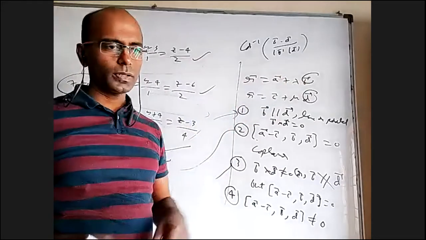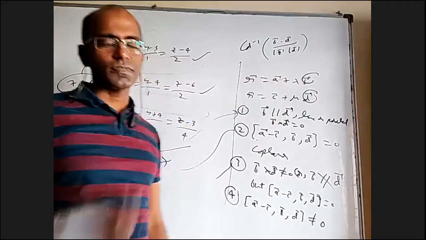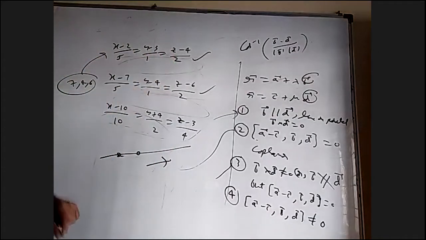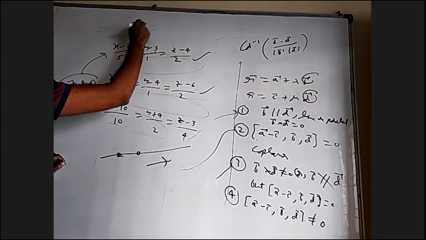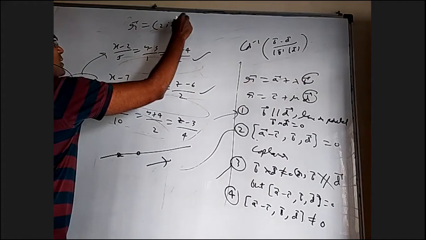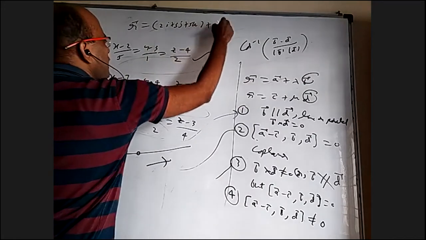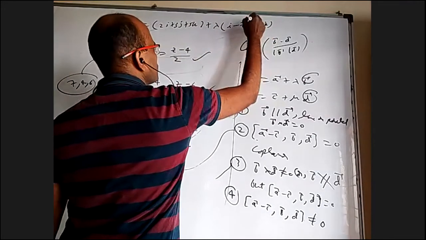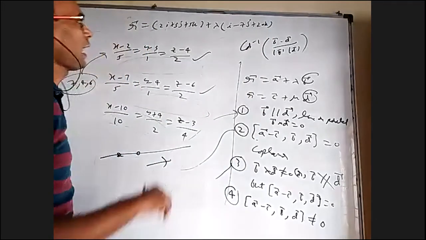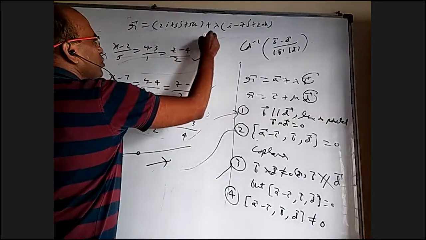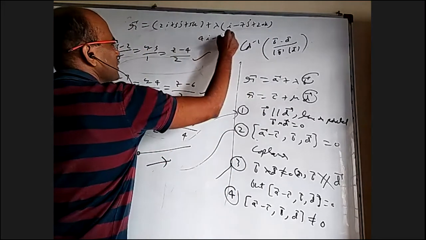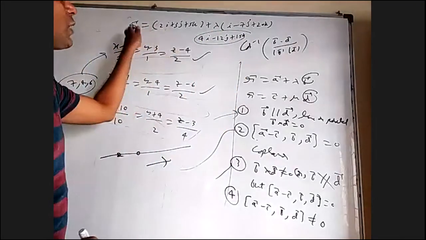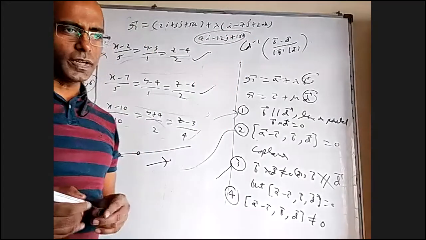One may also check whether a point satisfies a line equation in vectors. In 3D it is easy because you substitute it. Let us say you write r bar equal to 2i plus 3j plus 5k plus lambda into (i minus 7j plus 20k). Some other question. I want to know whether 4i minus 12j plus 15k is the position vector of a point on this line or not. How to verify?